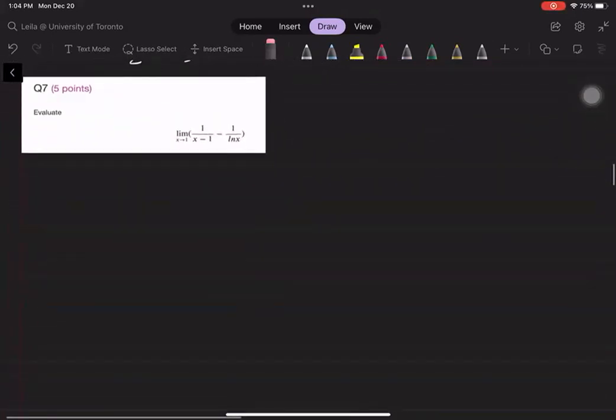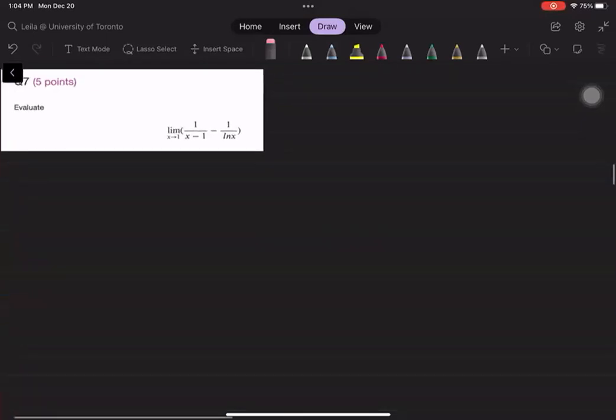Gonna go to question 7. Question 6 was exactly on the notes. We'll post it with the solution. If we have time, I'll go over it. And so for this one,